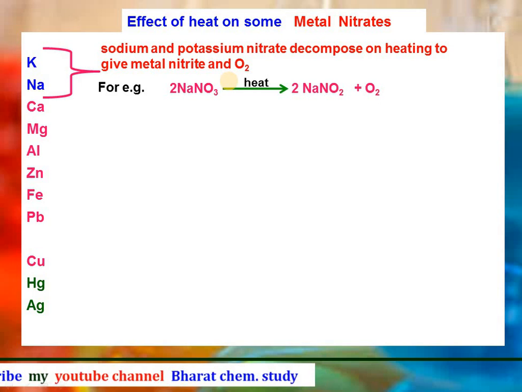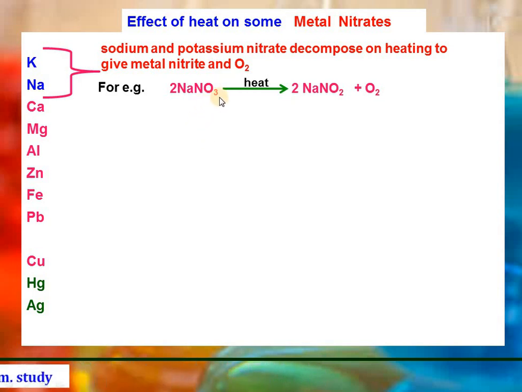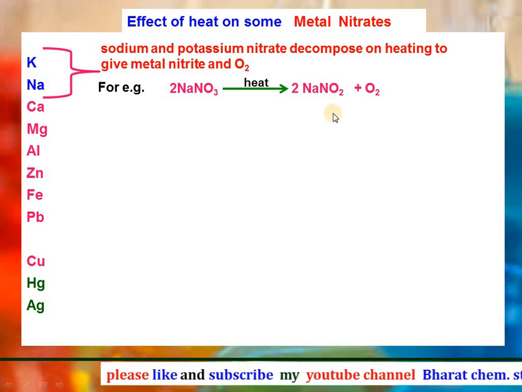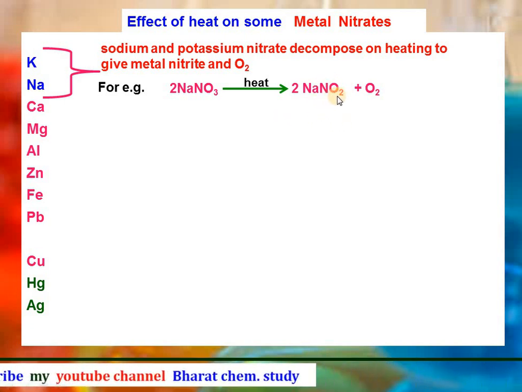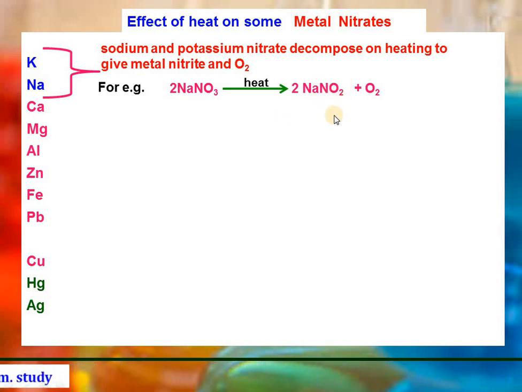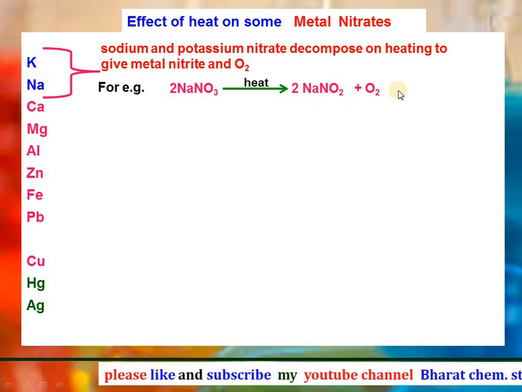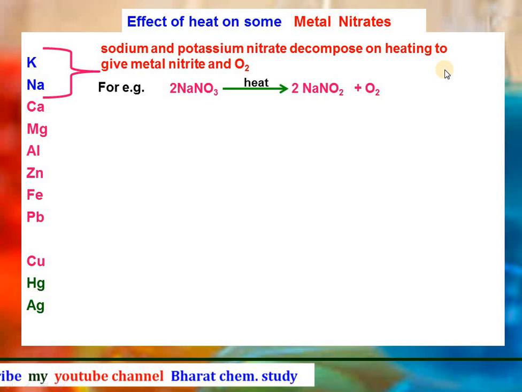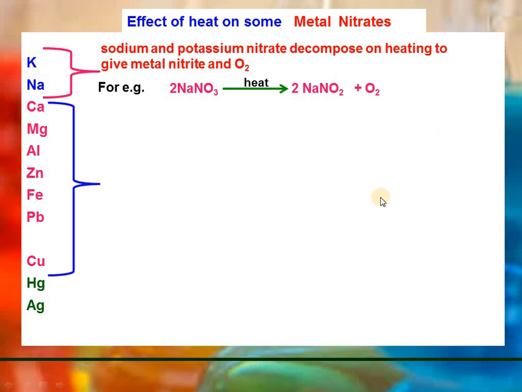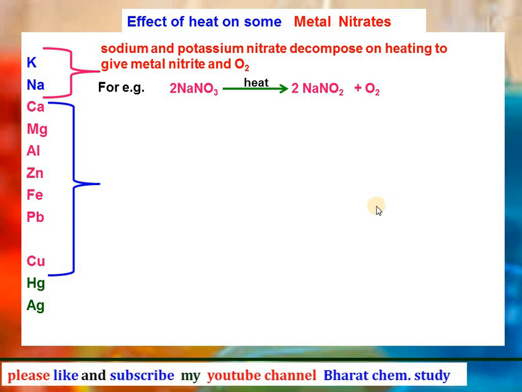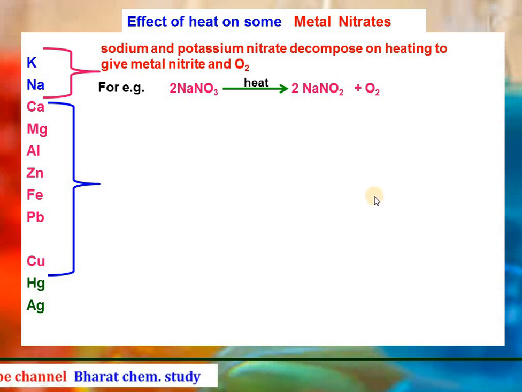For example, NaNO3, which is sodium nitrate, decomposes on heating to give sodium nitrite, having the formula NO2 with valency -1. So the formula of sodium nitrite is NaNO2, plus oxygen gas is formed. Whereas the nitrates of calcium, magnesium, aluminium, zinc, iron, lead and copper will decompose on heating to give their